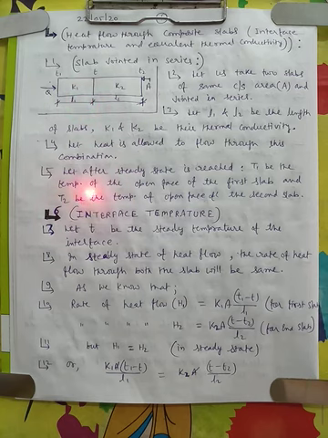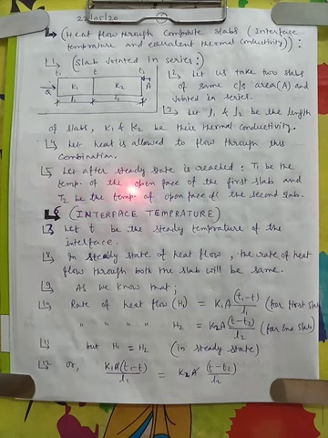So let us assume that the flow of heat is in steady state, and T1 and T2 be the temperatures of the two extreme faces. First we will find out the temperature of the interface. Let T be the steady temperature of the interface. At the steady state, the rate of heat flow will be the same in both slabs because they are in series.